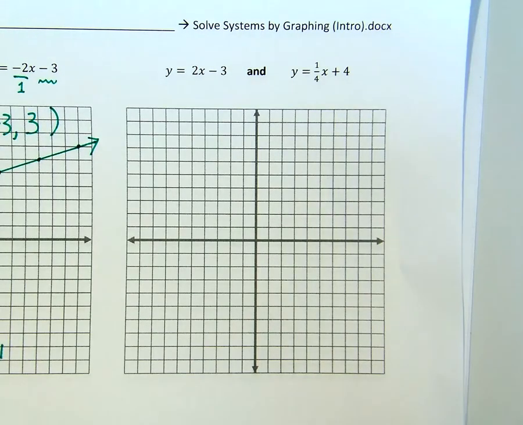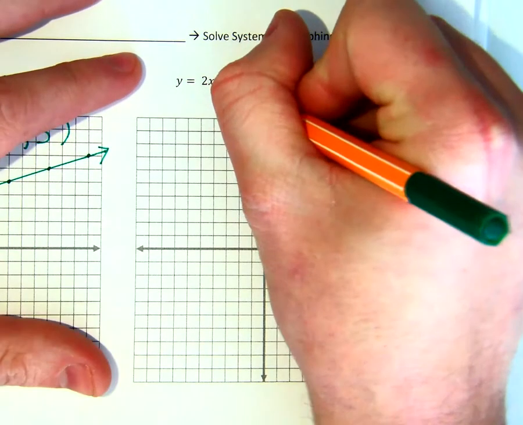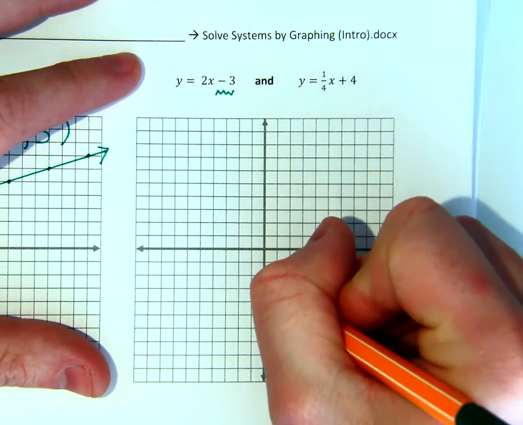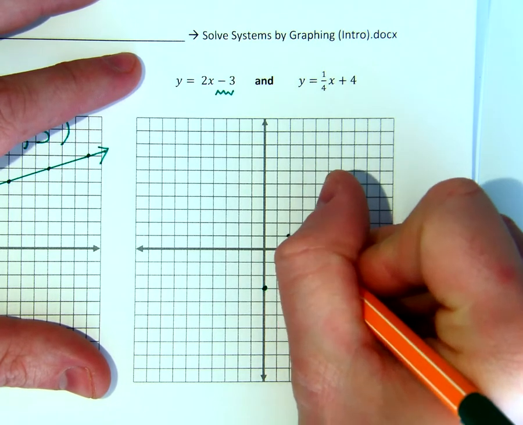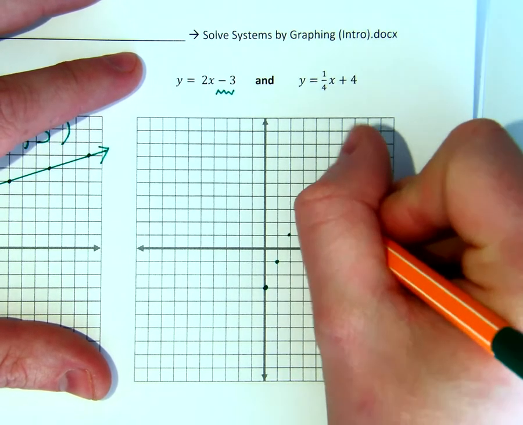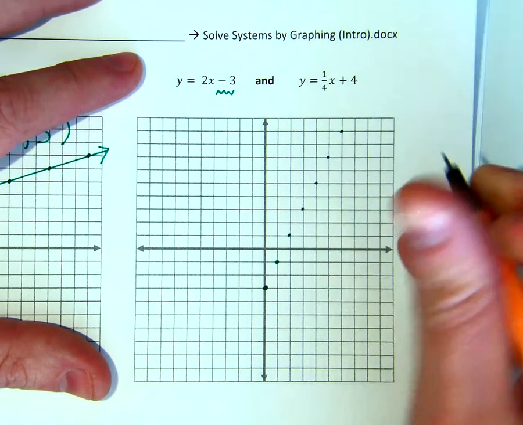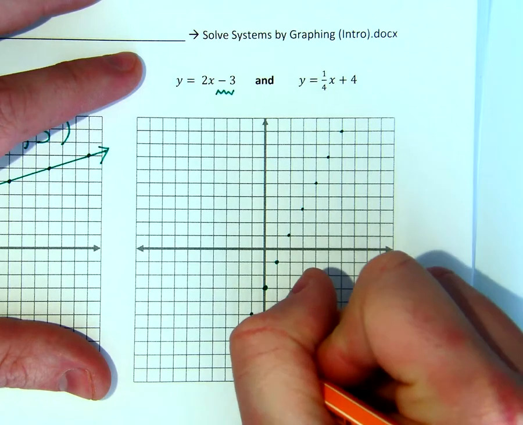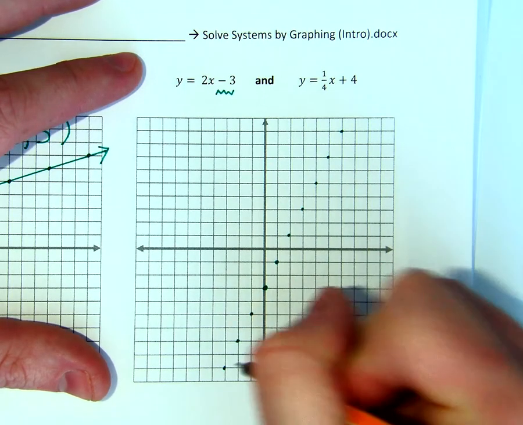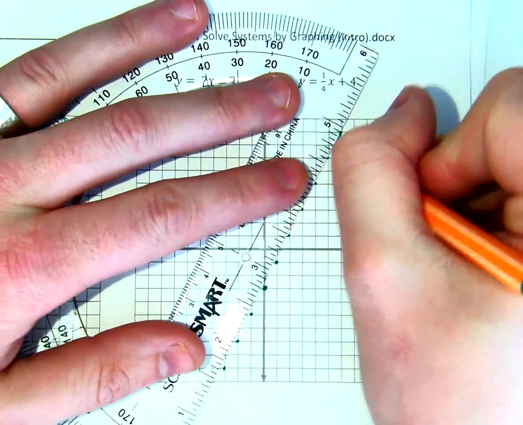Let's look at the graph in the top right and try to solve this system now. The intercept of the first equation is -3. The slope is 2, which means up 2, right 1. We can continue that pattern until we get as far as we can go in this direction, and then we'll move in the opposite direction, which is down and left. Our first line goes through all of these points,